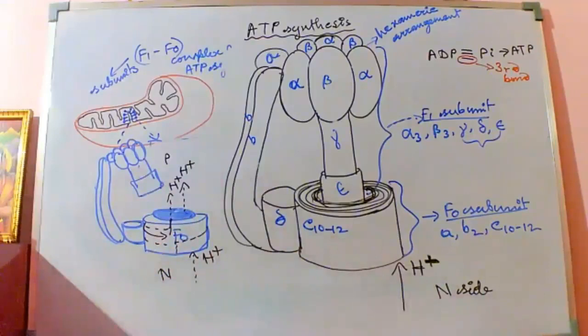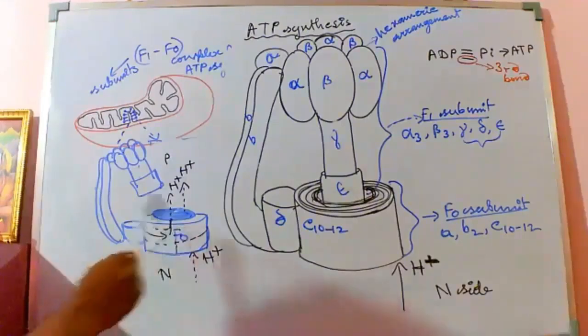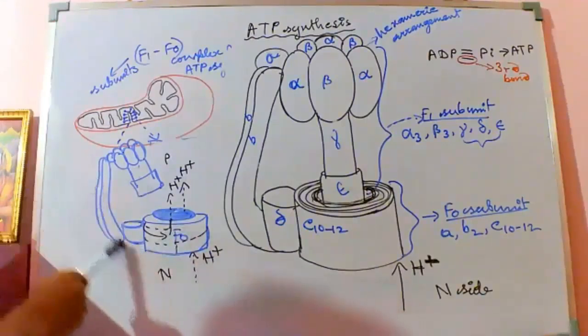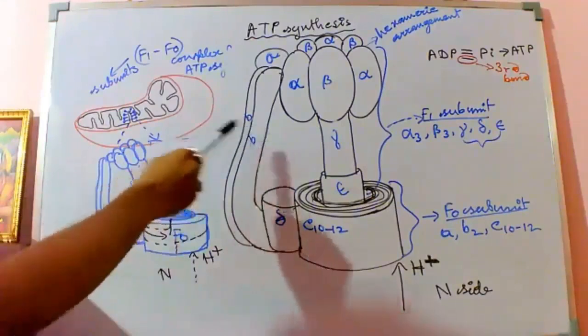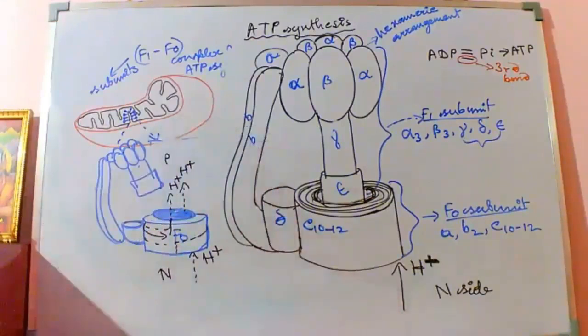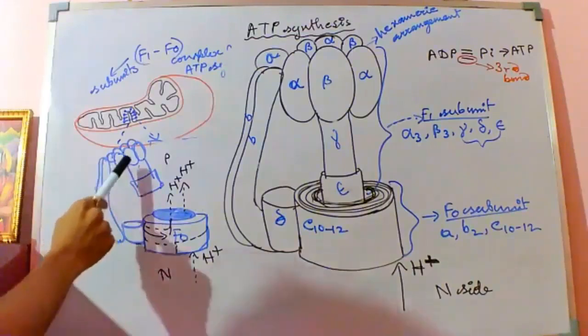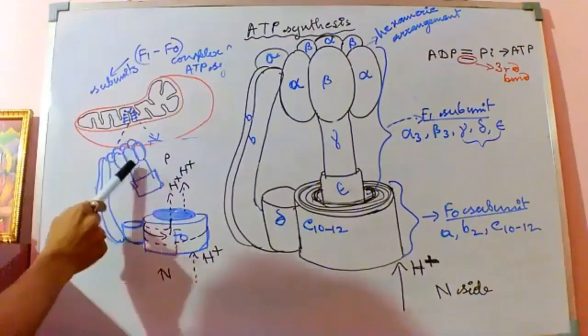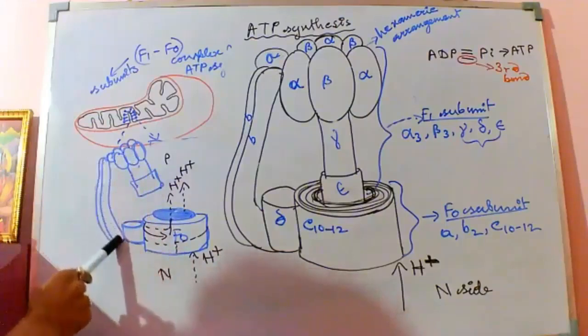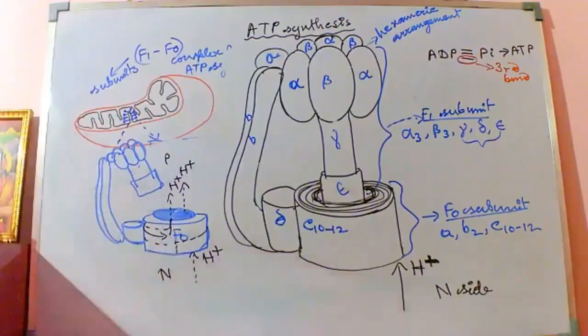And detachment means it is not getting permanently detached or separated from the complex. It is guarded by this B2 of the F naught complex, that is 2 beta subunit proteins of the F naught complex, which help in keeping the F1 temporarily attached with this beta subunit along with the F naught. Are you able to understand now how the detachment is happening?